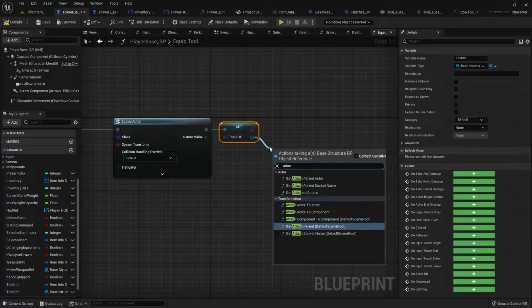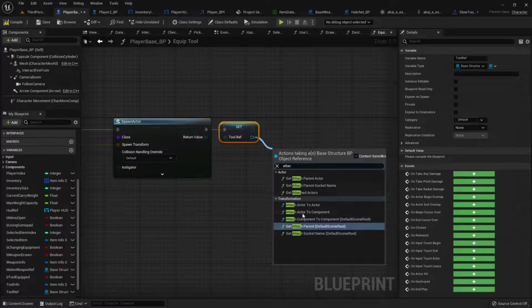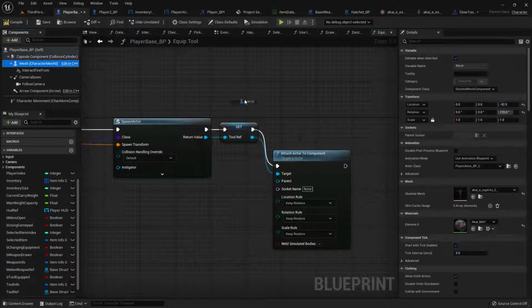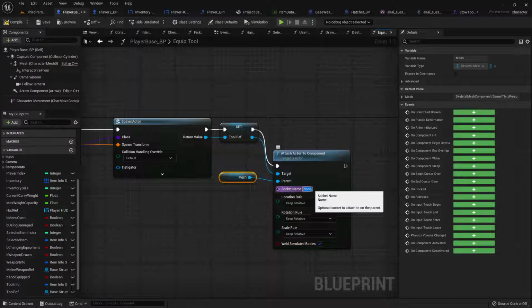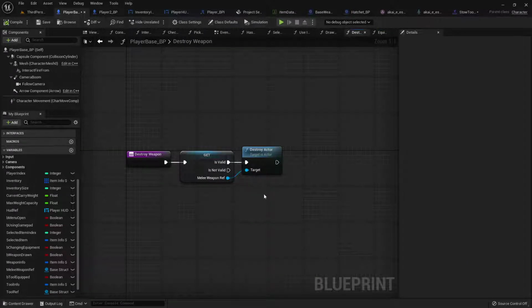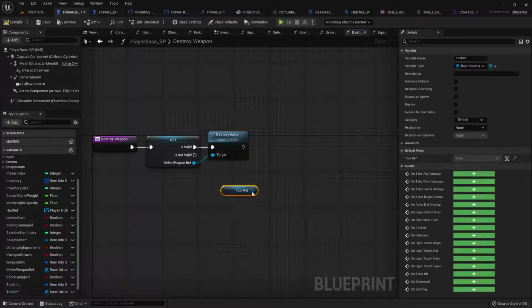Then we will attach the actor to component, because we're attaching the actor we just spawned to the component of our mesh, our character's body. So the parent is the mesh, and the socket name is the weapon socket. Location, snap to target. Rotation, snap to target. Scale, keep relative. Now in our destroy function, we can get our tool reference, convert it to a validated get just like that,